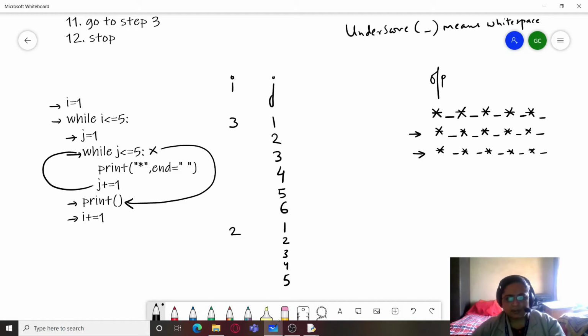Then a new line, then i plus 1, so now again i becomes 4, and again j starts from 1, so again it will print this fourth line. And again after this i plus 1 makes it 5, and once it is 5, again j completes all its iterations.